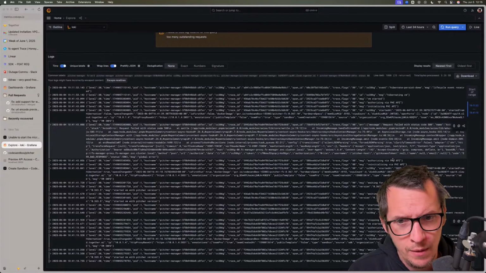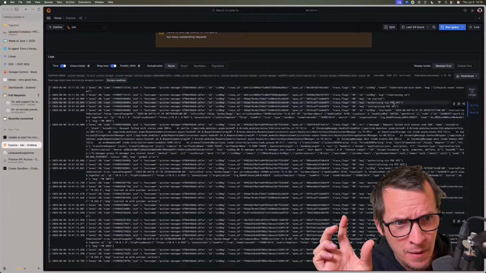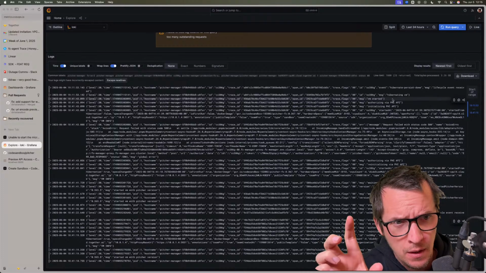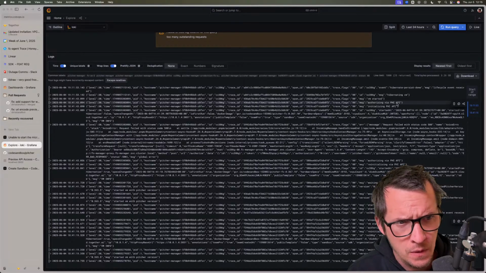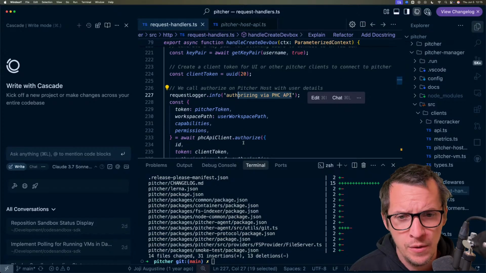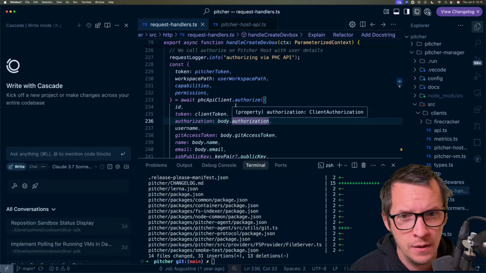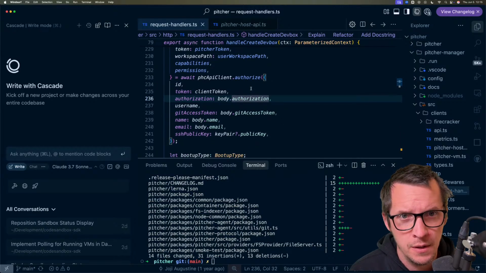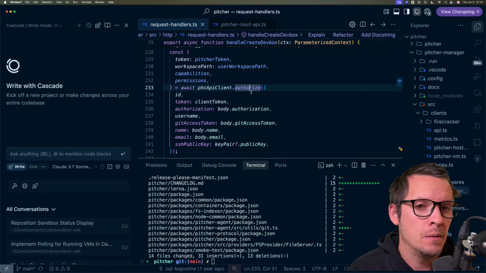Oh, okay, sorry. We can't clearly see which request is which here. So it does do authorizing via PHC API. Yeah, so it is. Okay, no, I think it is this one. And it does make sense that we're trying to authorize twice. Now, the thing is,